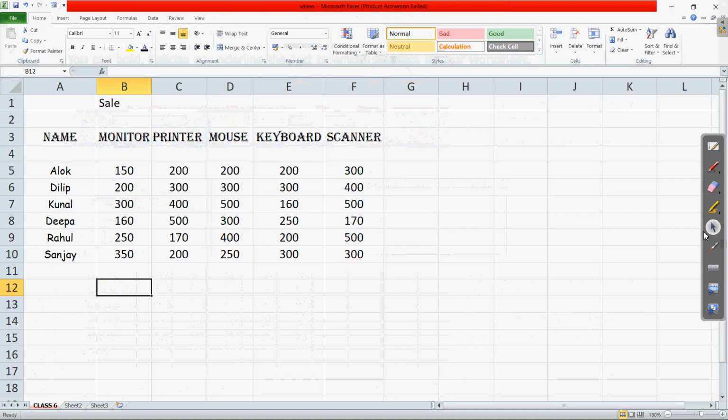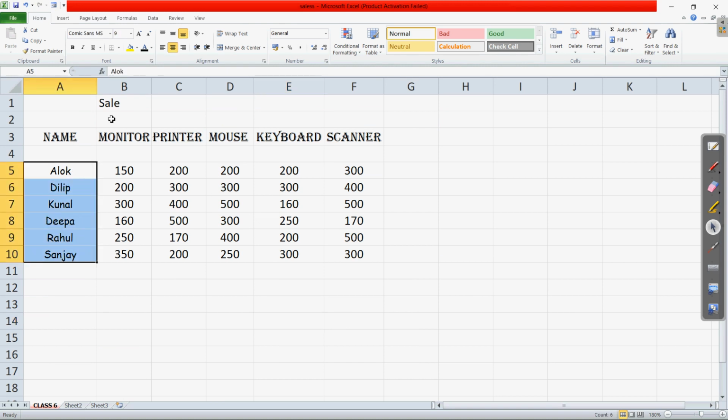If we come to the Excel window once again, suppose this is the data, the names are there. Let us apply this. You can see in the home tab, let me show you here, this B, I and U. I hope it is clear. These are the buttons which we are talking about for making the data bold, italic and underline. Let us now select the data once again. Here I am selecting these cells.